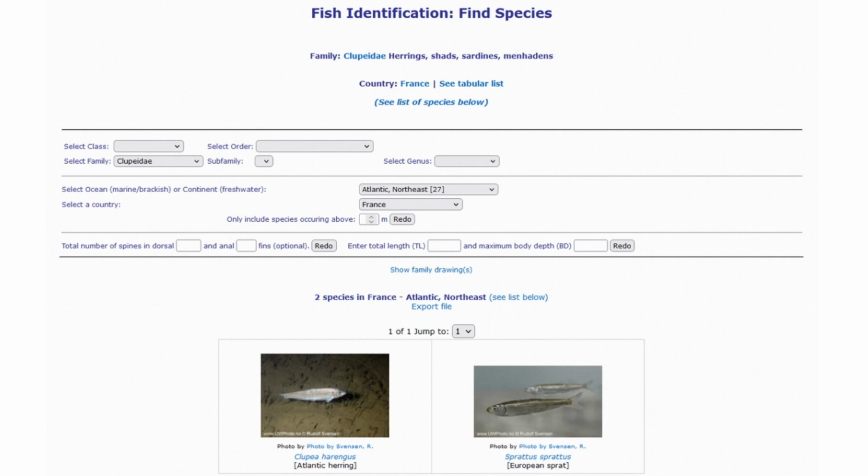But sometimes, identifying a species from several photos can be difficult. The Quick Identification tool offers additional options to help narrow down the species photos to choose from. At the top portion of the page, you will see fields that allow you to apply additional filters, for instance, by specifying a genus, or including species occurring above a specified depth limit. If you have a specimen on hand, you can also specify characteristics such as the total number of spines in the dorsal or anal fin, or enter the total length of the species or its maximum body depth before clicking